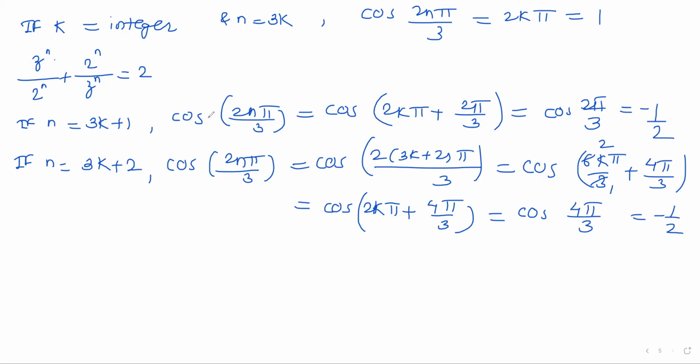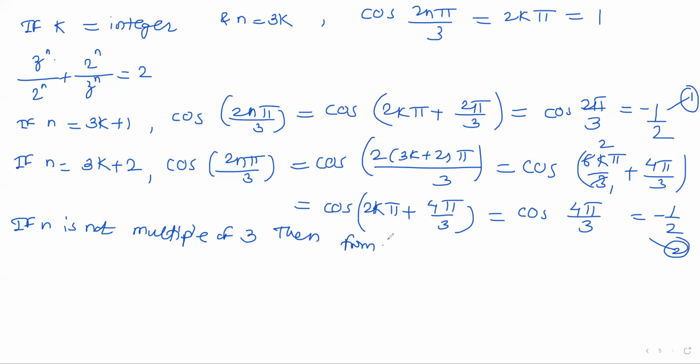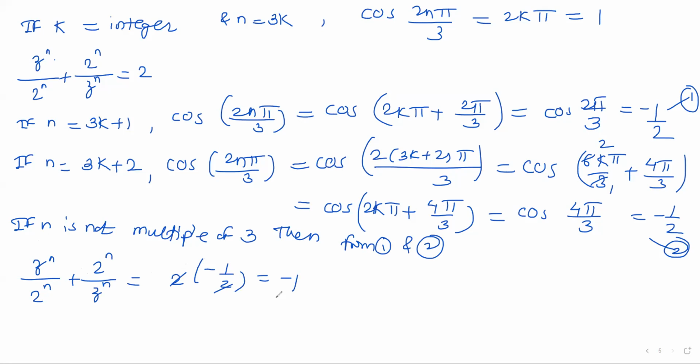As you can notice, n is not a multiple of 3, it is said, right? And therefore for n not a multiple of 3, we have to show the answer is 0. And if n is not a multiple of 3, call this 1 and call this 2. From 1 and 2, what will happen? z raised to n by 2 raised to n plus 2 raised to n by z raised to n is equal to 2 into -1/2, but that will be nothing but -1, and therefore